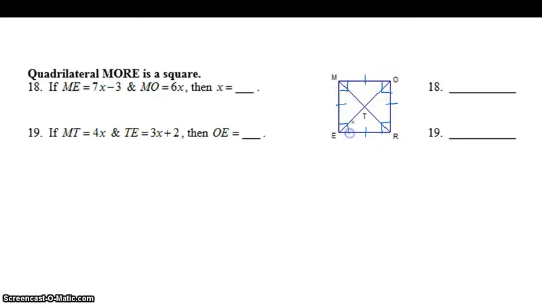So I'm going to put some of this stuff in here. I also know that because it's a square, it also does what a rectangle does, which means this whole diagonal from M to R is equal to this whole diagonal O to E. And then I can also mark it to show that, how we did in rectangles,